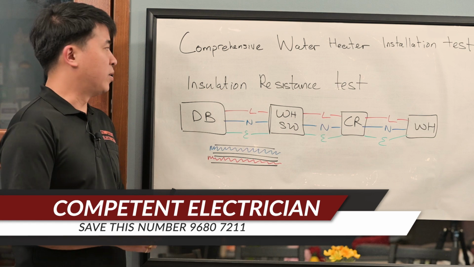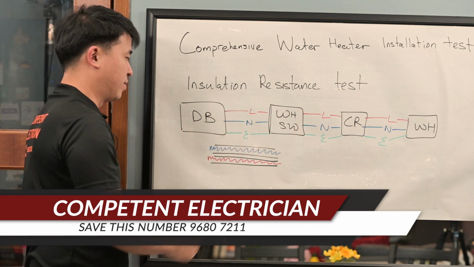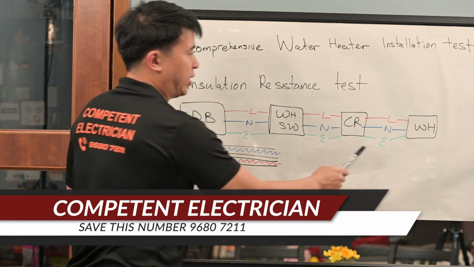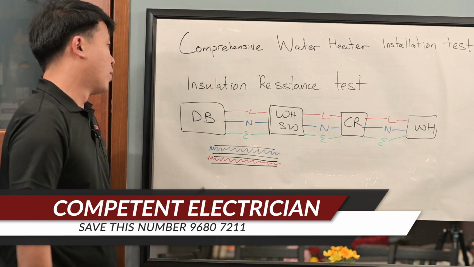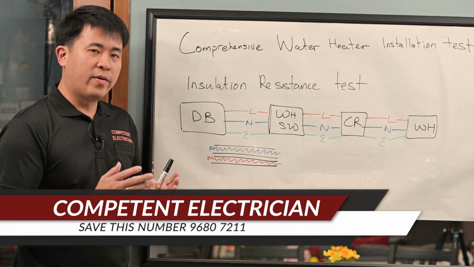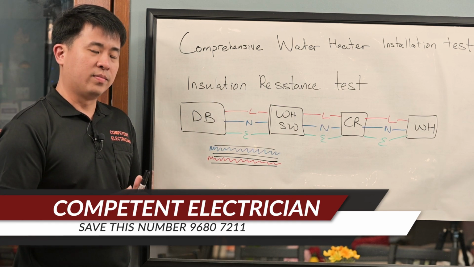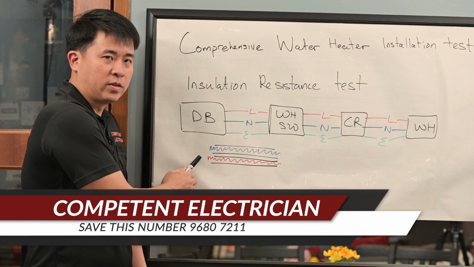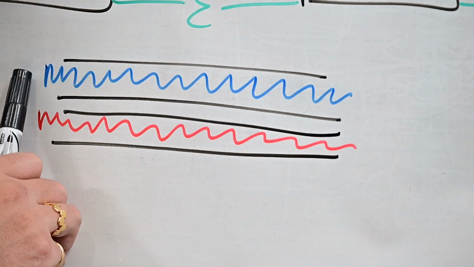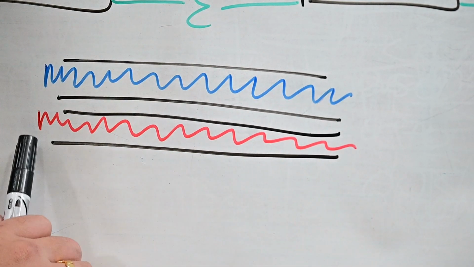Now we are talking about the insulation resistance test. Same format: DB, water heater switch, ceiling rose, water heater. What is the insulation resistance test for? It is directly opposite to continuity. The tester will pump in a voltage of 500 volts. They are detecting whether the cable, for example the neutral wire and the live wire,